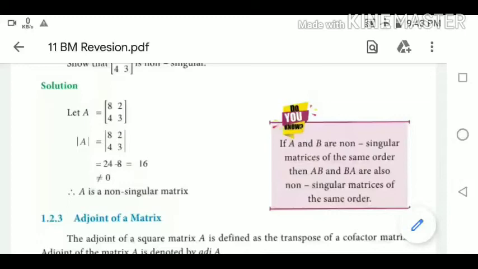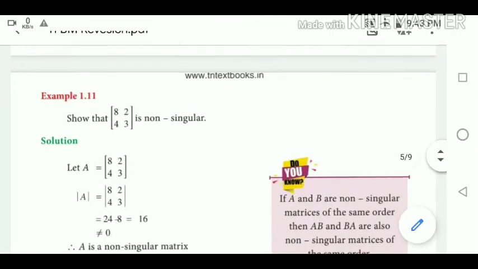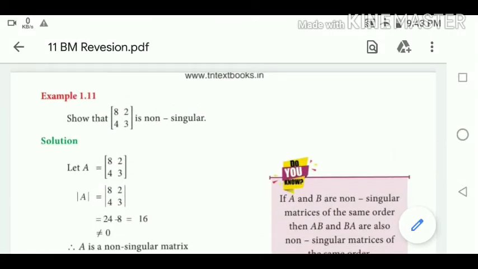In the morning sessions, we revised the examples as well as the exercise in 1.1. Now, we are going to revise the example and exercise in 1.2. For your midterm test, it is enough to revise the 1.1 and 1.2 examples as well as the exercises. So revise well in order to score more marks in your midterm test. Use the time preciously.